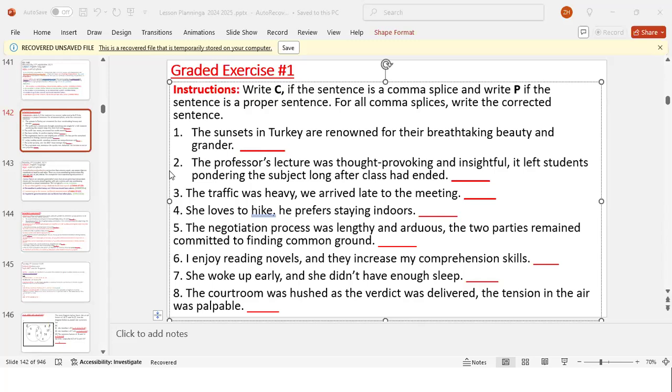Cetasia. Yes, sir. Good. Can you read the 6th sentence? Okay. I enjoy reading novels and they increase my comprehension skills. Very good.